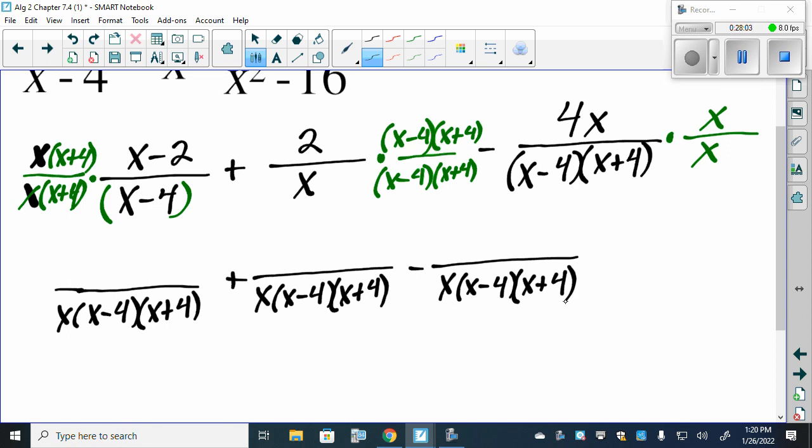Now, out of all three of these here, when we multiply the numerators, well, the 4x is going to be the easiest one to multiply first. Well, it's 4x times x, which is 4x squared. We can do the middle one next because we're going to need to multiply x minus 4 times x plus 4,